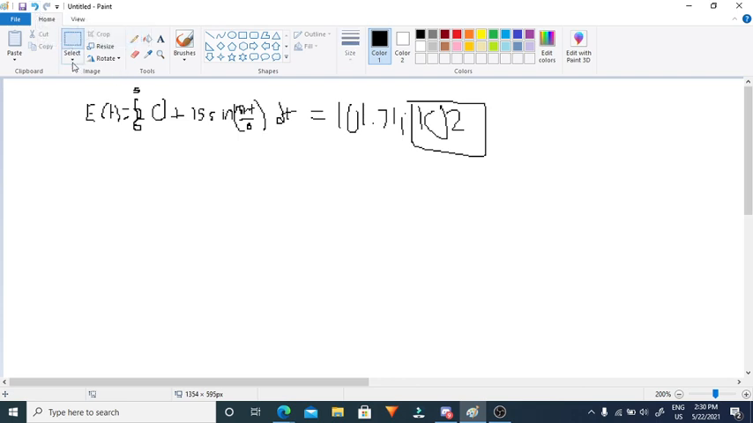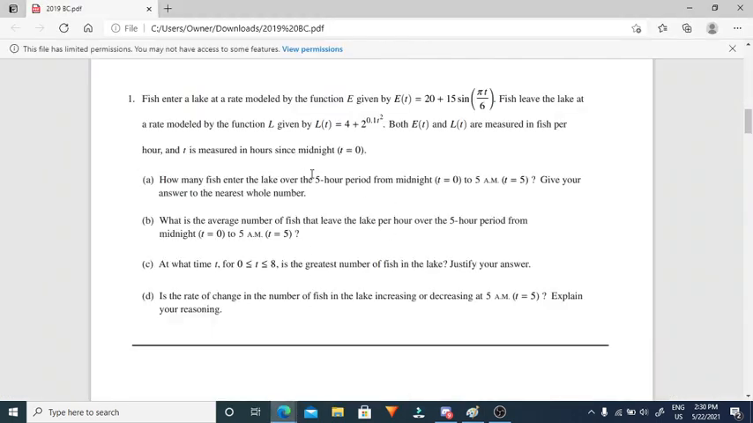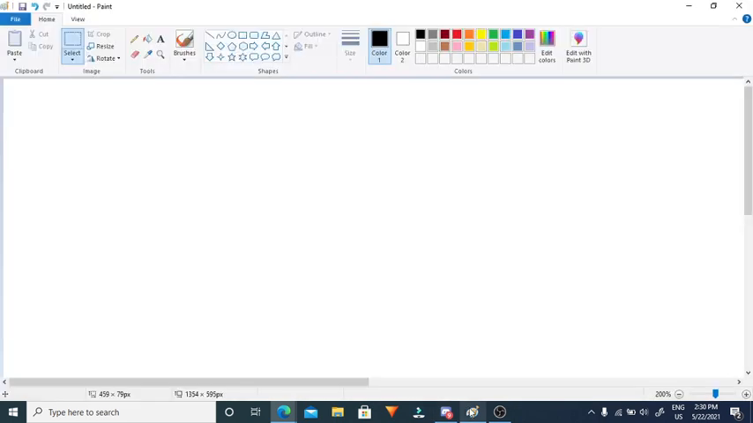Alright, and now I will delete this, and we'll move on to part B. So what is the average number of fish that leave the lake per hour over the 5-hour period from midnight to 5 a.m.? Once again, this is the same idea. This time we're just going to be doing it with L of t instead of E of t. And so we can say integral from 0 to 5 of L of t, which is 4 plus 2 to the 0.1 t squared dt,